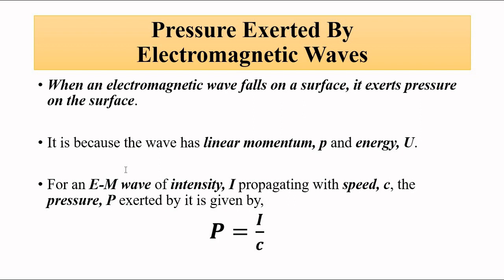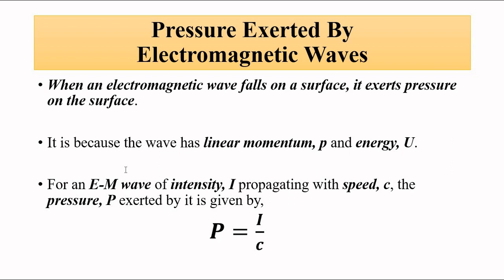Because it has both energy and momentum, it is obvious that it will exert some pressure on that surface. So if we have an electromagnetic wave of intensity capital I moving with a speed c, the pressure exerted by that electromagnetic wave on a solid surface in its path, that is in the direction of propagation,